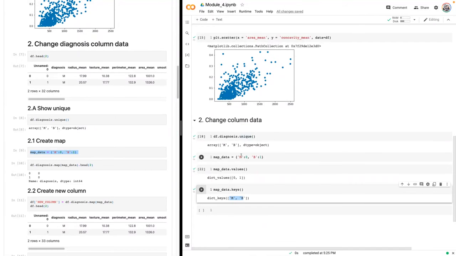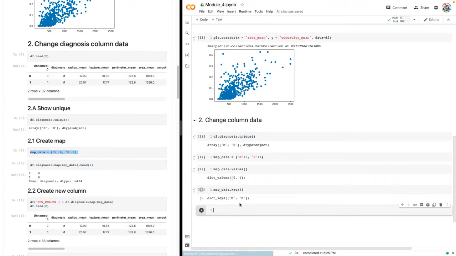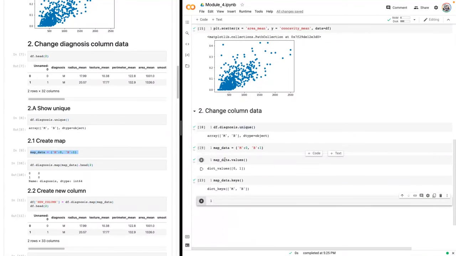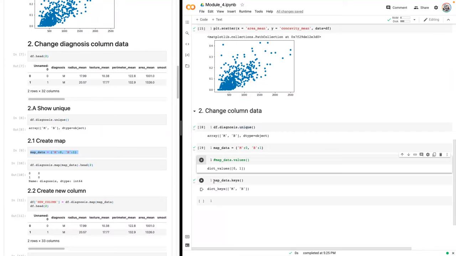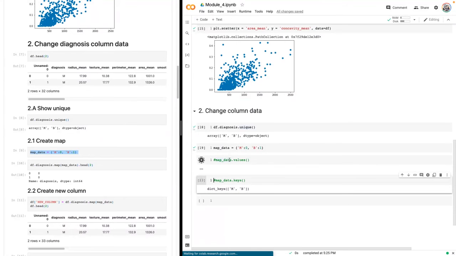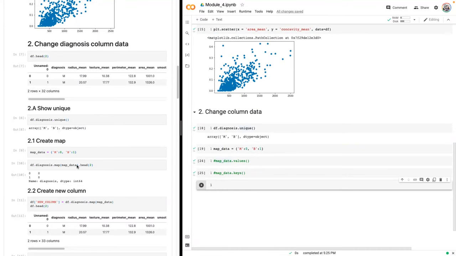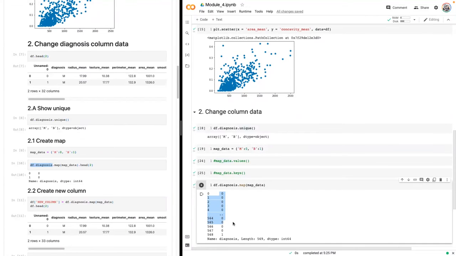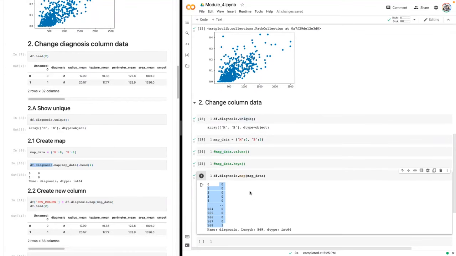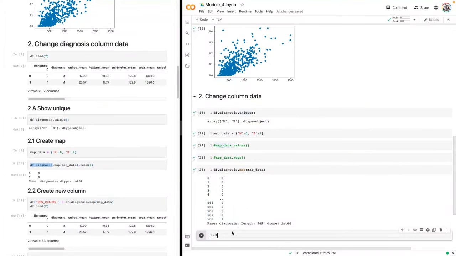So you can see that's there. I'm in the B. And so what this is going to allow us to do is for me to change all of the M's to 0 and all of the B's to 1. So if I type in the name of that diagnosis column, and then I type in map, and then I put in that dictionary inside, what that will give me is a long list of the diagnosis column, but it will